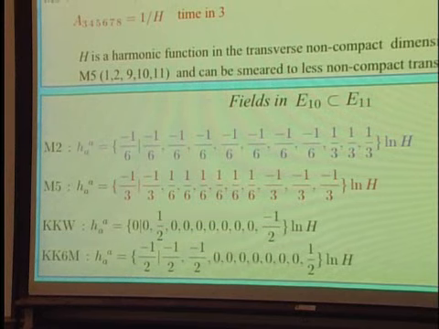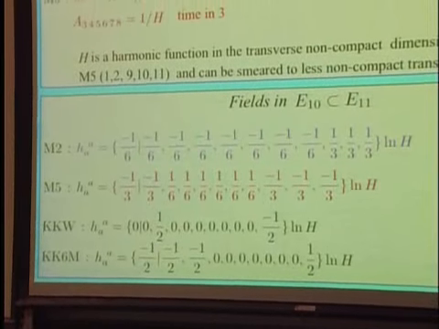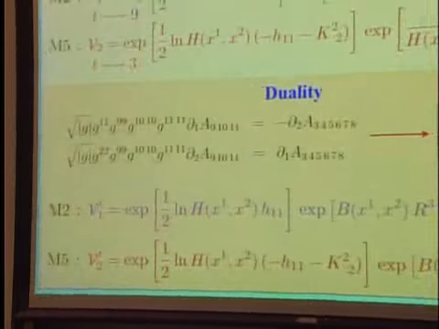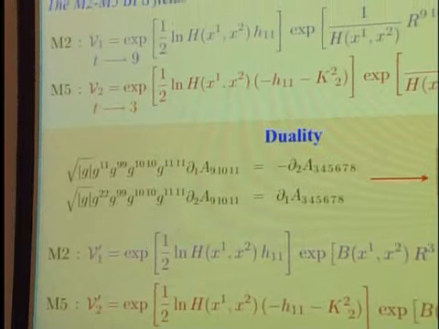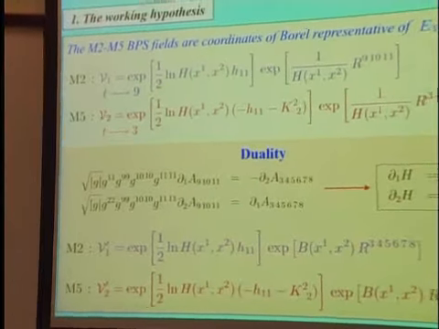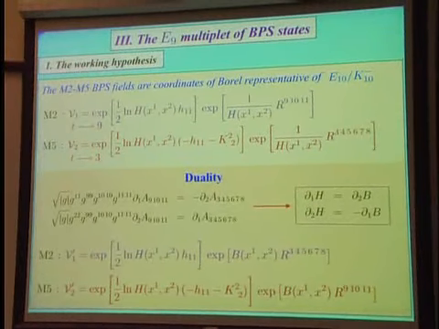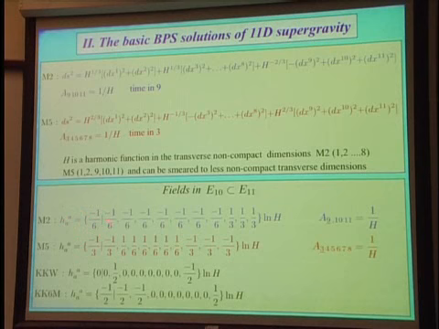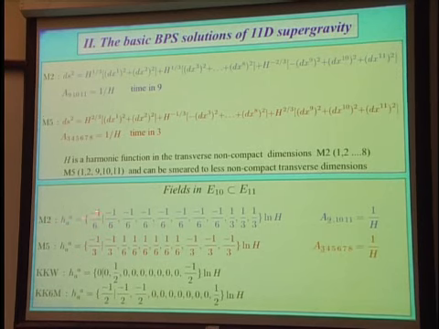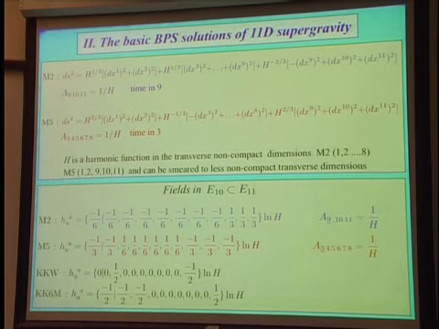Now how are we going to use this to construct other solutions of gravity? Now here is the trick. The working hypothesis is the following. We're going to start by writing, let's say, the M2 and the M5 to simplify life, in terms of the E10 type of thing. I just forgot to say one thing here. I separated by a line here the index 1 for H11 because this is not a property of E10 but of the embedding of E10 in E11. Right? Because in E10 we have only from 2 to 11 and from 1 to